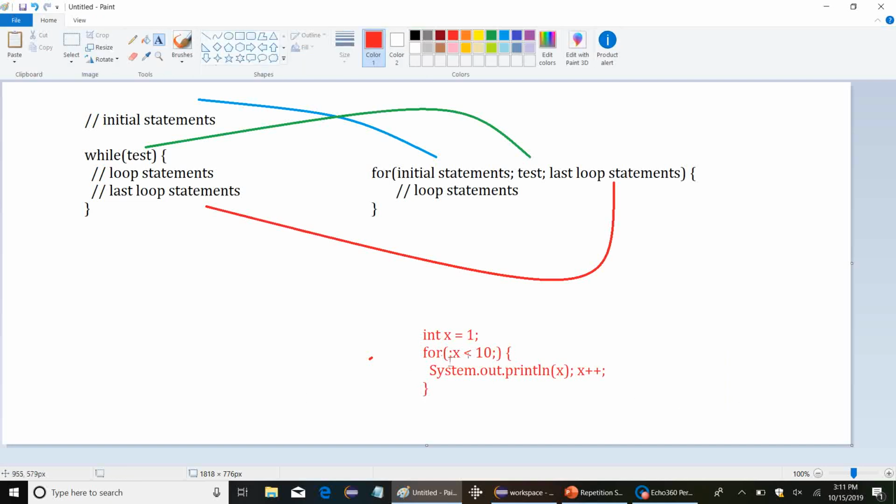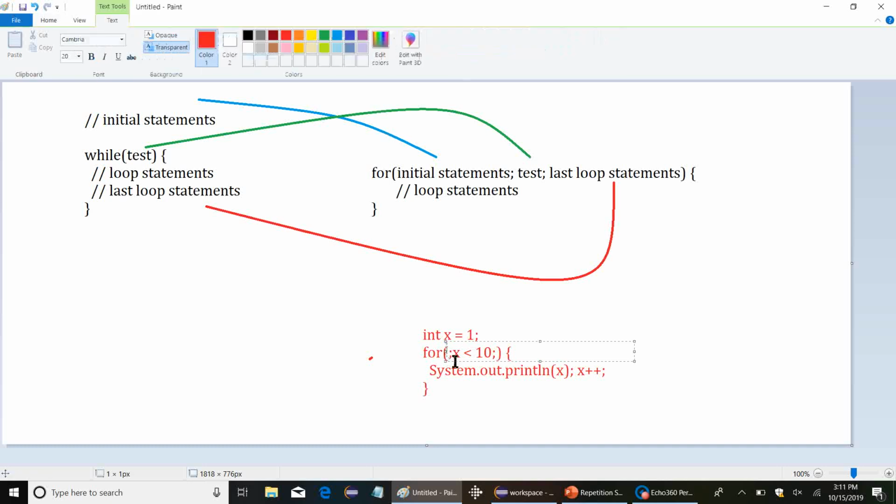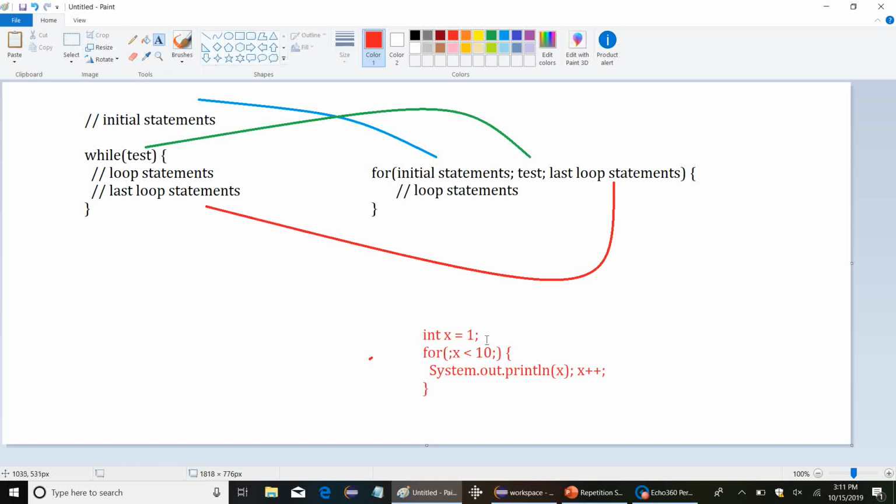It looks a little weird to say, oh, here's a semicolon just hanging out in the middle and not really doing anything. But that's legal. That just means we don't have anything here for the initial statements. So we start off with x is 1, and in our loop, as long as x is less than 10, we print out x and increment it. So the last time we'll do this, we print out 9, right? If x is 9, then it's still valid and we continue. We print out 9, we increment x to 10, the test condition is false, and we skip out. Okay,